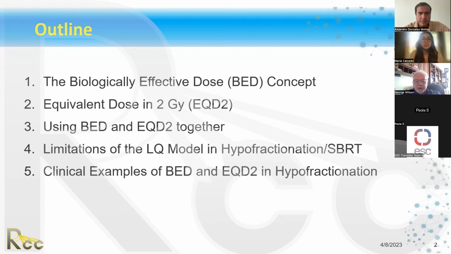We're going to talk a little bit about the limitations of the linear quadratic model. I hope you all know about the linear quadratic model. We'll talk a little bit about that, and how it may not be as effective for hypofractionation and SBRT. And then we're going to finish off with some real clinical examples of BED and EQD2 in hypofractionation